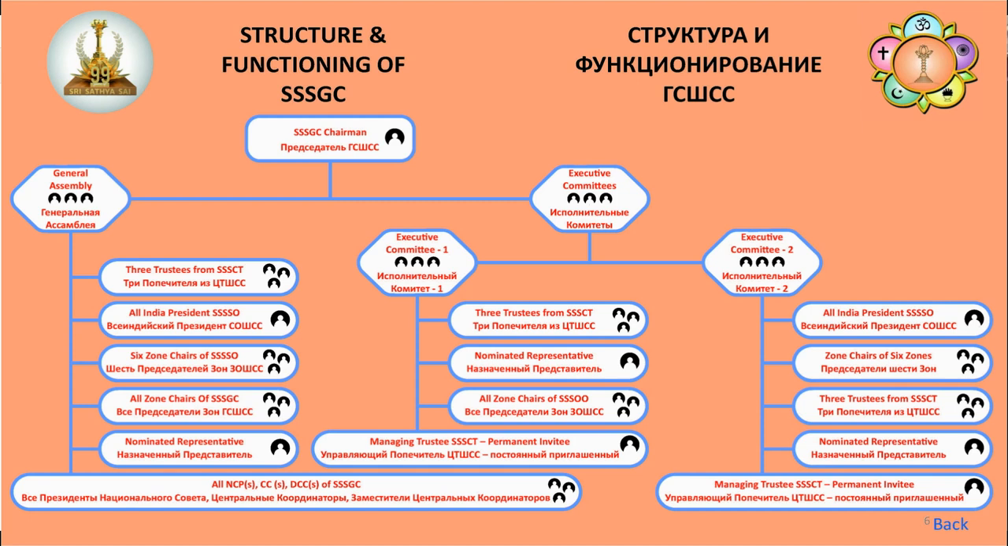And the General Assembly, which consists of the following members: 3 trustees from Shri Sathya Sai Central Trust, the All India President of Shri Sathya Sai Seva Organization, 6 zone chairmen of Shri Sathya Sai Seva Organization in India, and the 9 zone chairmen of Shri Sathya Sai Global Council,